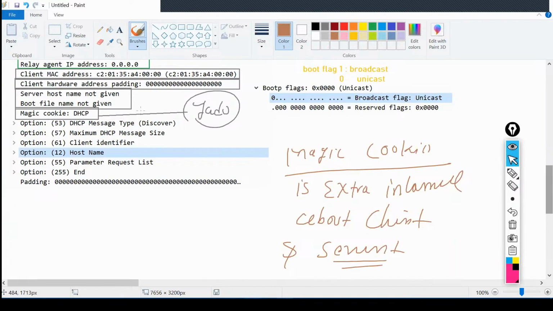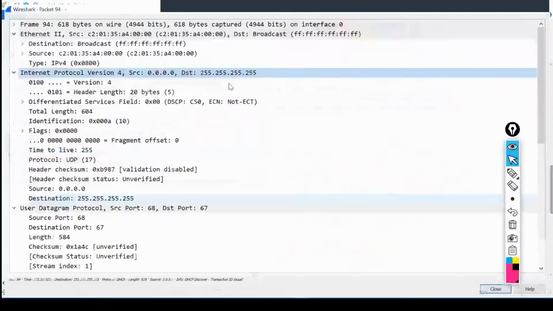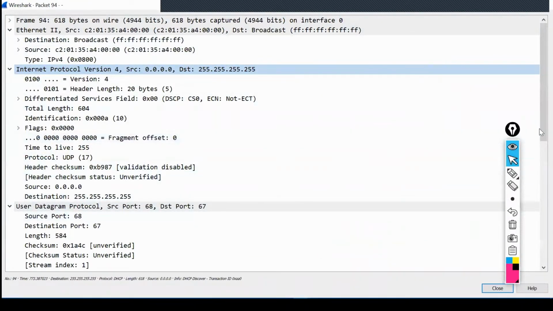This packet is generated by whom? The client. And this packet is the Discover packet. So they will put the client information, like the host name of the client and the MAC address of the client. If you see in this packet, they are sending the host name information as well.